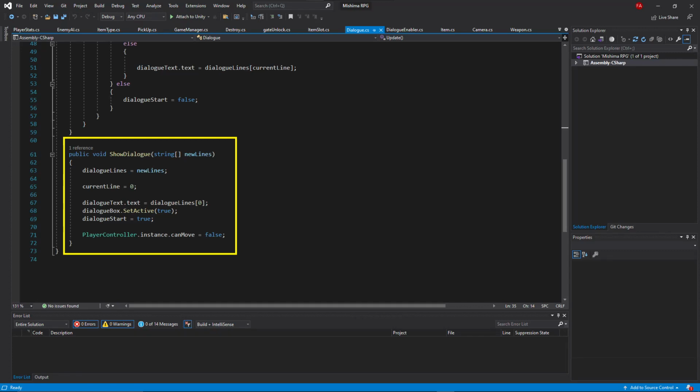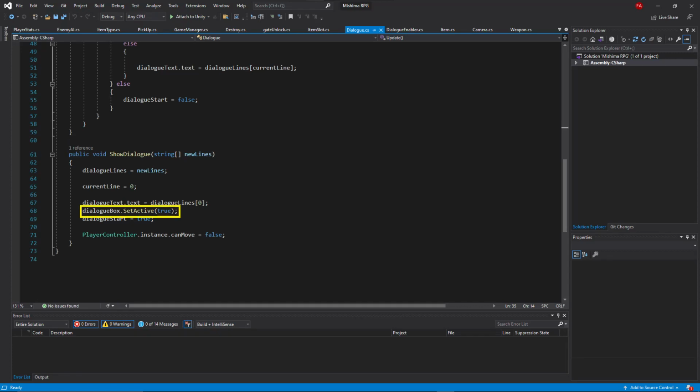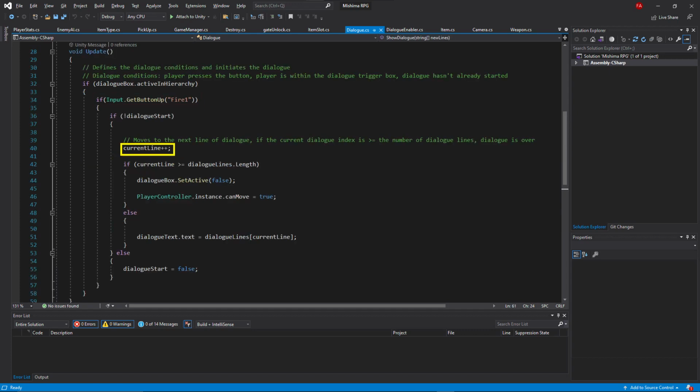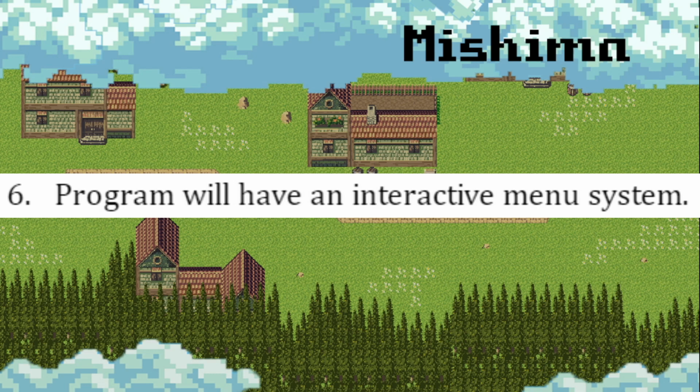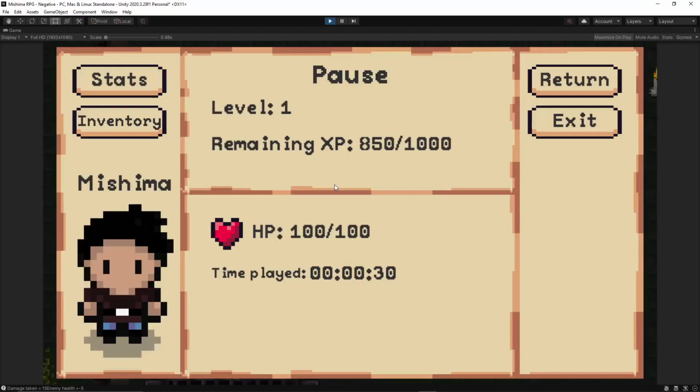The show dialogue method is called when the player starts the dialogue, enabling the dialogue UI and starting the string array from 0. If the player presses fire 1 again, the dialogue moves to the next line until the array ends. As required by the client, the game also contains an interactive menu system where players can change menus by